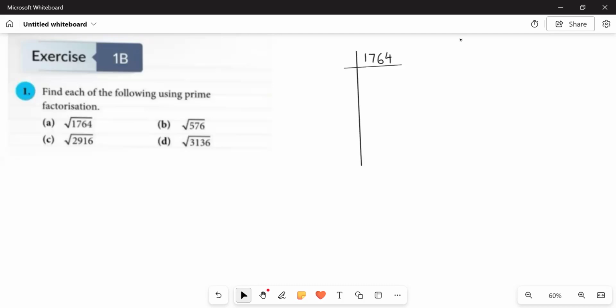If a given number is an even number, we are going to divide it with 2 until and unless it turns out to be an odd number. ठीक है? जब तक एक even number आपके पास है आपने उसको 2 से ही divide करते जाना है unless आपके पास एक odd number आ जाए.